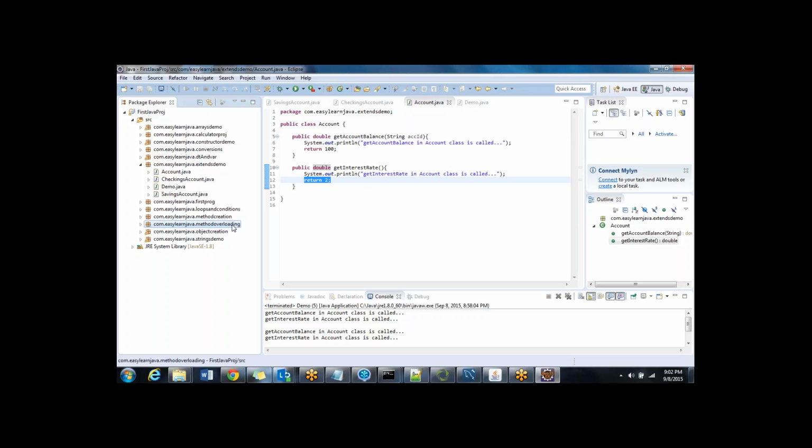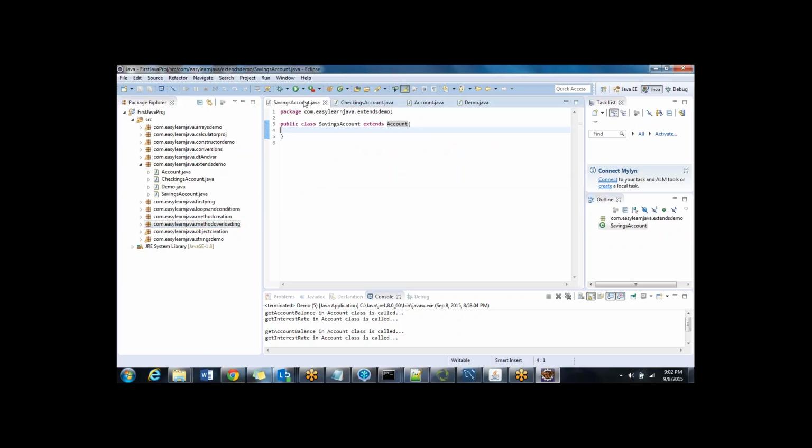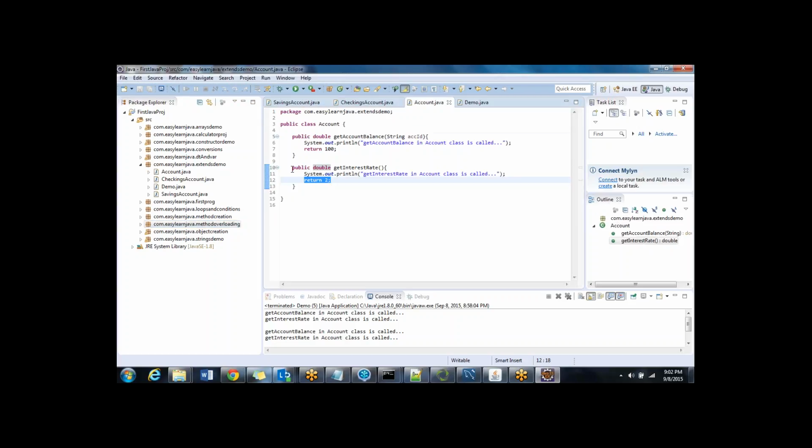So now I will explain the next concept, which is nothing but method overriding. Don't get confused. Remember one concept, the other concept you will automatically get it. Okay. So what I do is